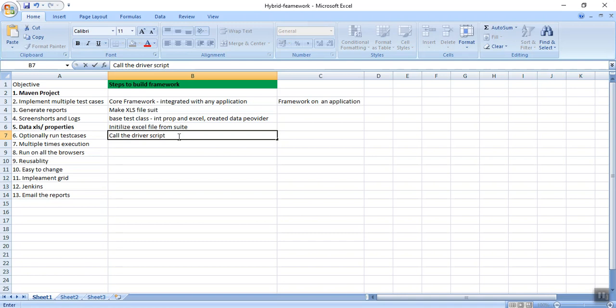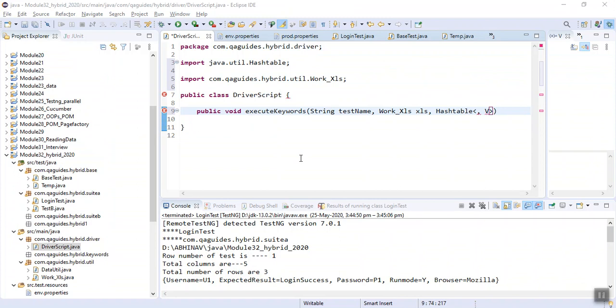The driver script will be the main engine from where the execution of keywords will be done. It will be the heart. All the test cases will call the driver script. So we will create a new function in our driver script named execute keyword. In this we will pass a string test name, our Excel file object XLS, and the hash table having the data.